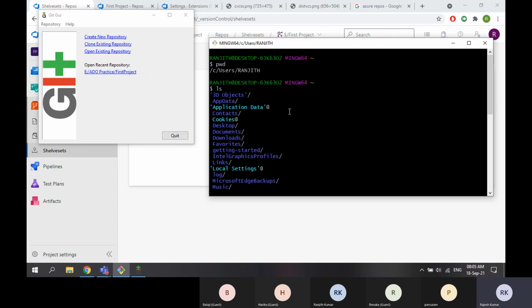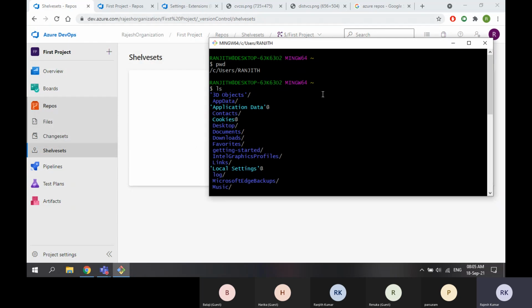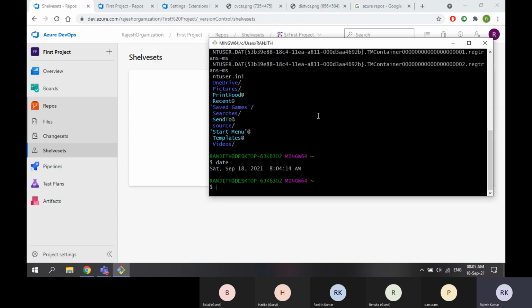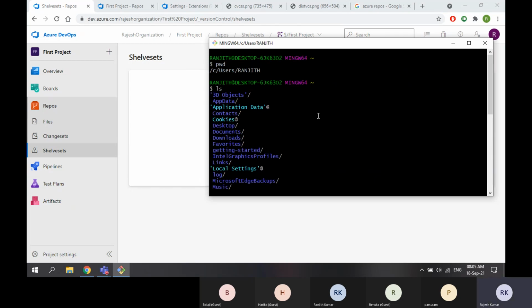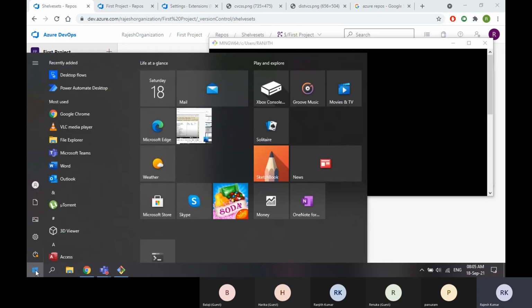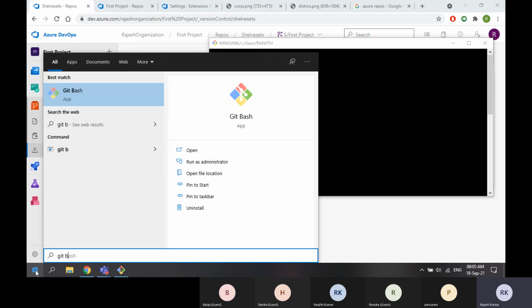Why? Because even in your interviews, people will always ask you Git commands only. They will ask what is the command for this activity or for that activity. So it's always better to get hands-on with the commands. Don't prefer GUI, graphical user interface. When you are using Git, your hand should always go to Git Bash. See, here I'm seeing multiple options: Git Bash, Git GUI, Git CMD. It's always better to go with Git Bash only.